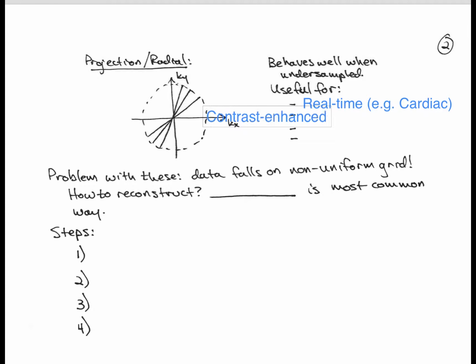with each line, right? Since each projection passes through the center of K-space, you always sample that contrast-enhanced signal, which is potentially changing dynamically during the readout of a single image's data. They've also been used for short T2 imaging, so in that case what you do is you use a